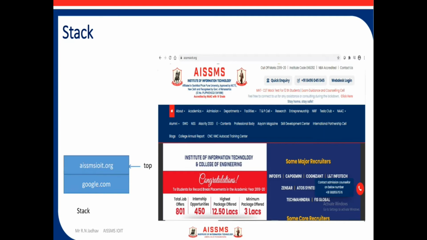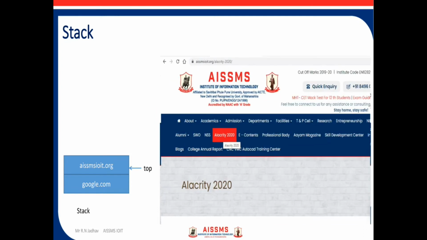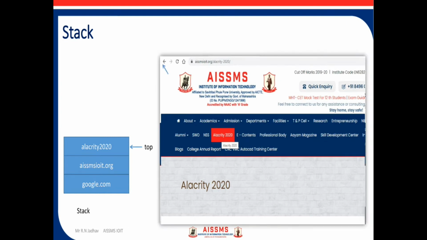Now from the opened web page you can click on any particular link and you can open that page also. So here suppose I click on Alacrity 2020, that page will get opened and its URL is again now stored on the stack. Now what will happen if I click on the back button? When we click on the back button, we go to the last visited page.